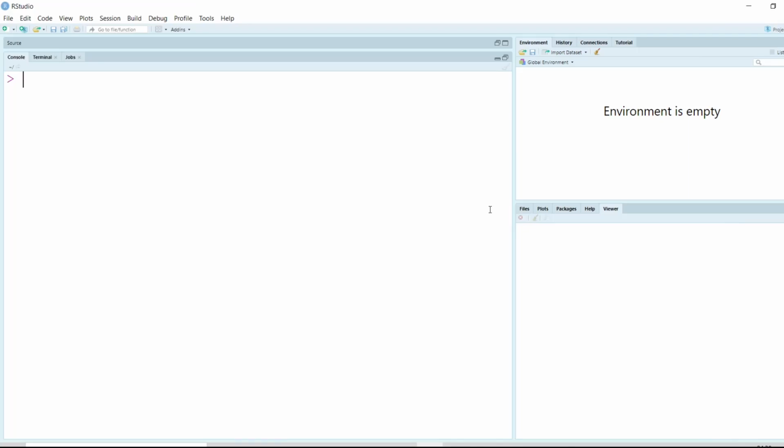Today is going to be a super exciting tutorial and we are going to learn all that is required for us to know about data frames. So this is going to be a little lengthy tutorial, but we'll try and cover everything about data frames. All right, without wasting any time, let's get started.